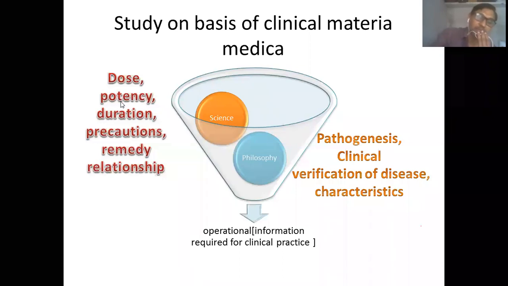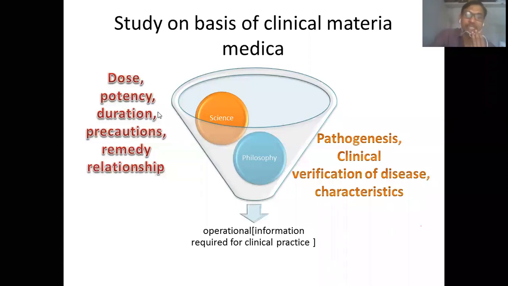For example, in Boericke's materia medica, if you read the summary part, there are various instructions given regarding in which potencies the medicine should be used. Then for what duration it should be given. It should be given for a week, or it should be given for